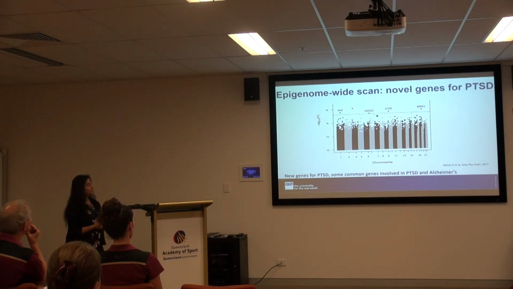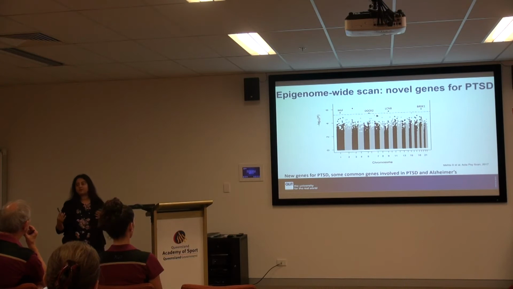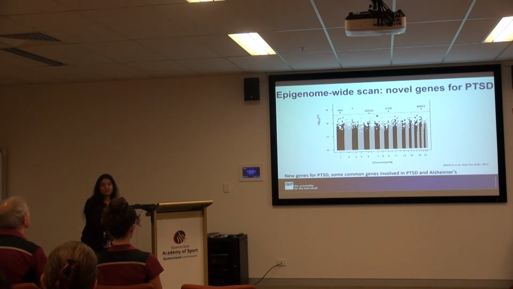When we looked at veterans with and without PTSD and compared them, we identified 5 genes associated with PTSD. What was interesting is the DOC2 gene, we could replicate it in another sample, and this is a gene previously associated with Alzheimer's disorder. This was quite interesting because a lot of the veterans we know who have PTSD also have different types of dementia and other neurodegenerative disorders. So it tells us that there could be common genes involved in PTSD or stress-related disorders and other types of illnesses as well.